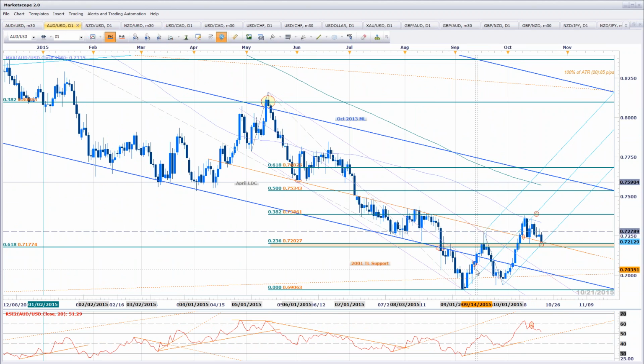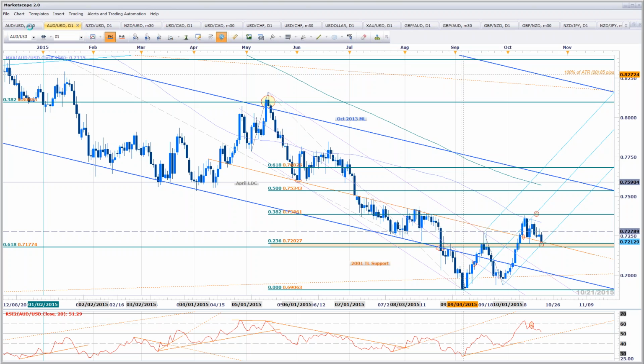And like I said, guys, if it breaks lower, you're likely to see a much steeper correction. I don't really have much on tap. So that's sort of the game plan.